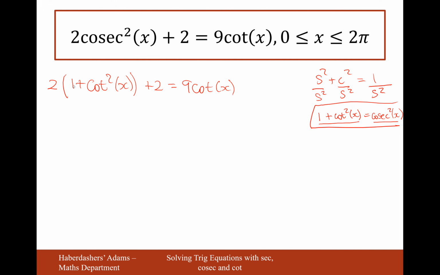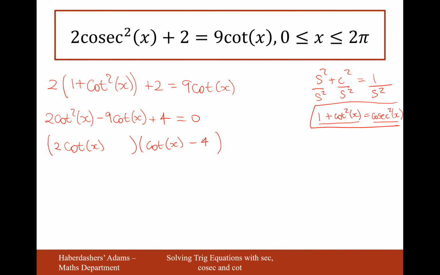Expand the brackets, I'll get 2 plus this other 2 here, which will be 4, plus 2 cot squared, and then I'm going to take away the 9 cot x onto the other side, equals 0. Let's now factorize 2 cot x and cot x. Looks like it will be minus 4 and minus 1. The minus 4 on this side to create a minus 8 cot x, and then minus another one, minus 9 cot x. Lovely. So here we get two equations for the price of one,